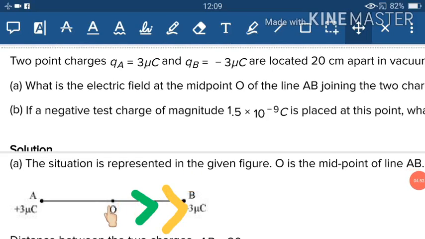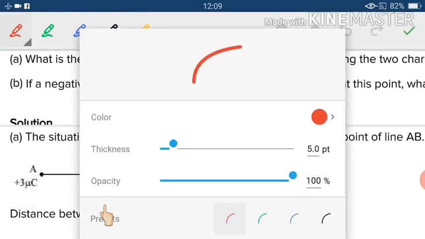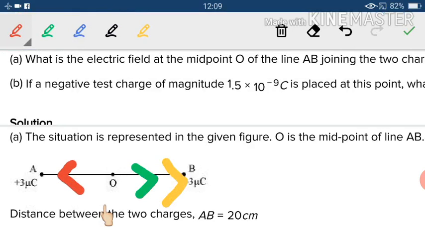As the charge which is placed here is negative and this is positive, there will be a force of attraction. So the direction will be like this. And if we talk about the force between this charge and this charge, as this is negative and this is also negative, there will be a force of repulsion. And if there is a force of repulsion, what will be the direction? The direction will be like this. It means the force experienced by this negative charge will be along OA. So this is how we have given the direction of the force experienced by this charge, and it will be along OA. And I hope this is clear.